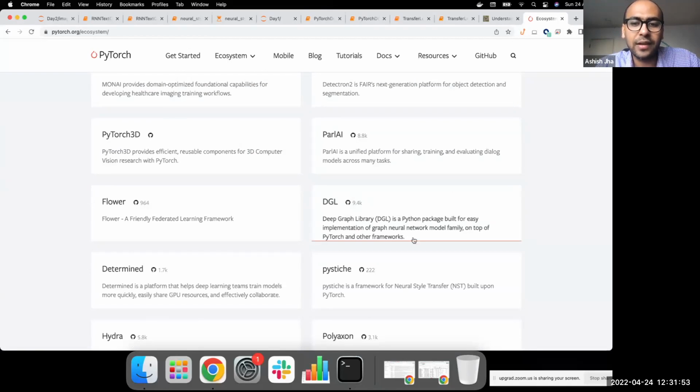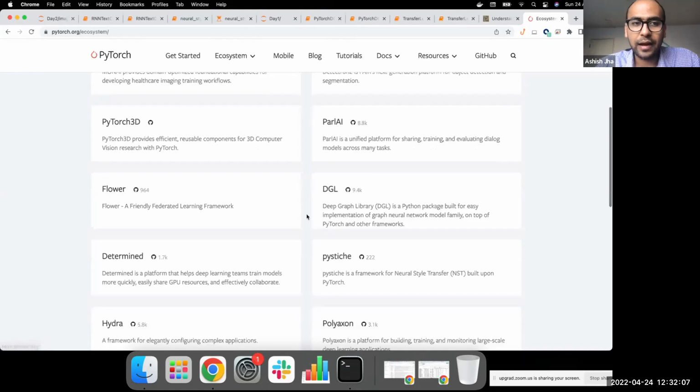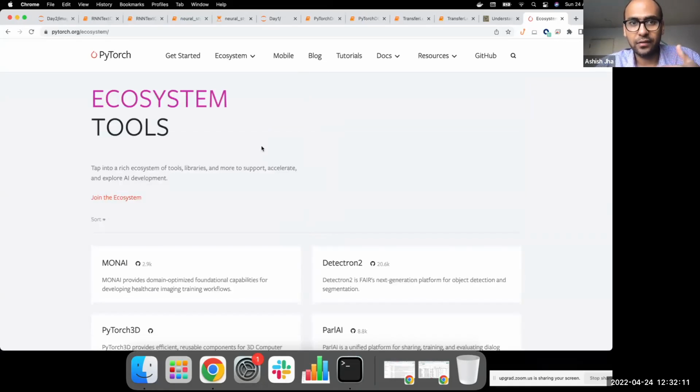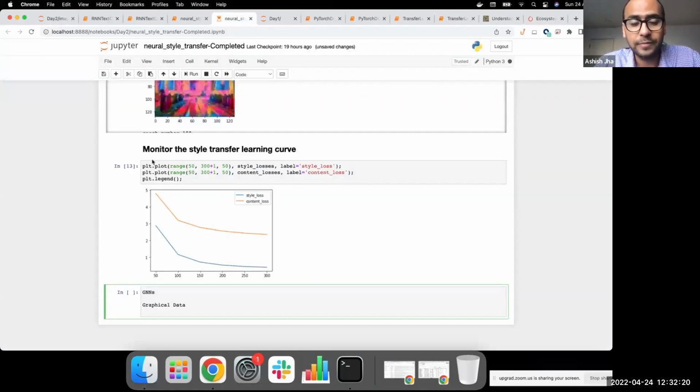As you were mentioning, deep graph library, for example, is another one made precisely for graph neural networks on top of PyTorch. With a few lines of code, you can add this to your PyTorch models and it'll start working for you. So I really recommend that you go through this page and check for your own use case what you want to work on. You might get some amazing libraries here, and it can make your life a lot easier to train your models in a few lines of code.